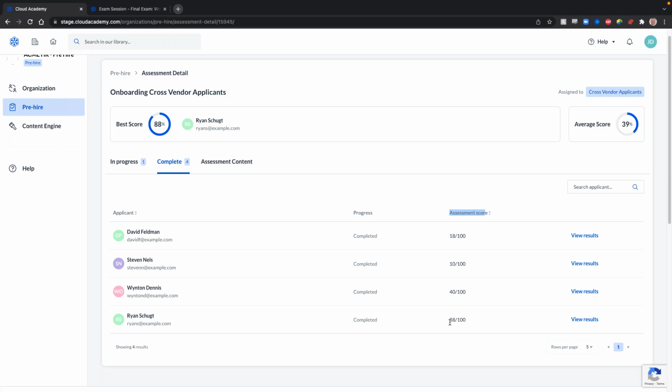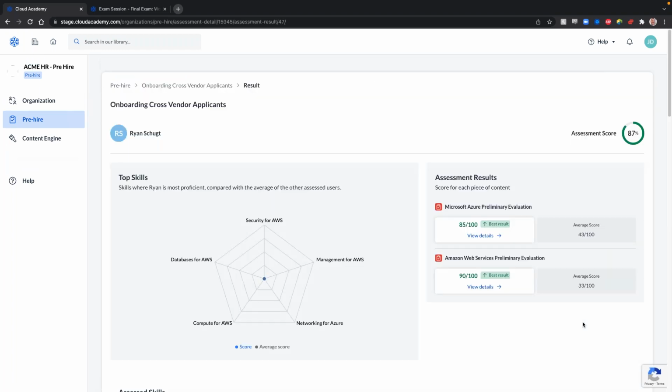For our ongoing enterprise, we're going to understand the skill gaps for the pool as a whole. And in this case, we're going to understand an individual user compared to the rest of that pool. Let me show you what I mean. So Ryan here is looking quite promising, did very, very well on these assessments. When I click on view results,